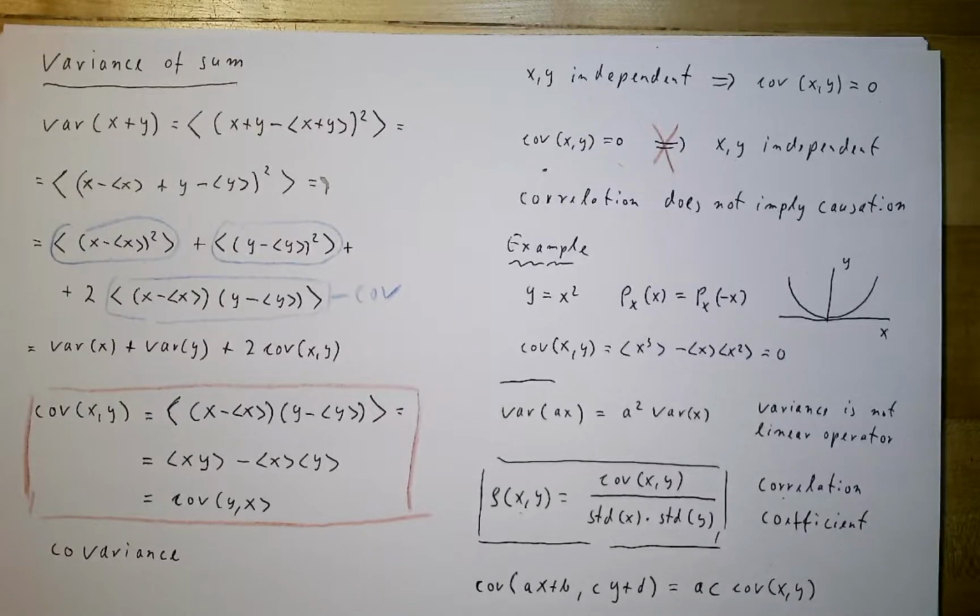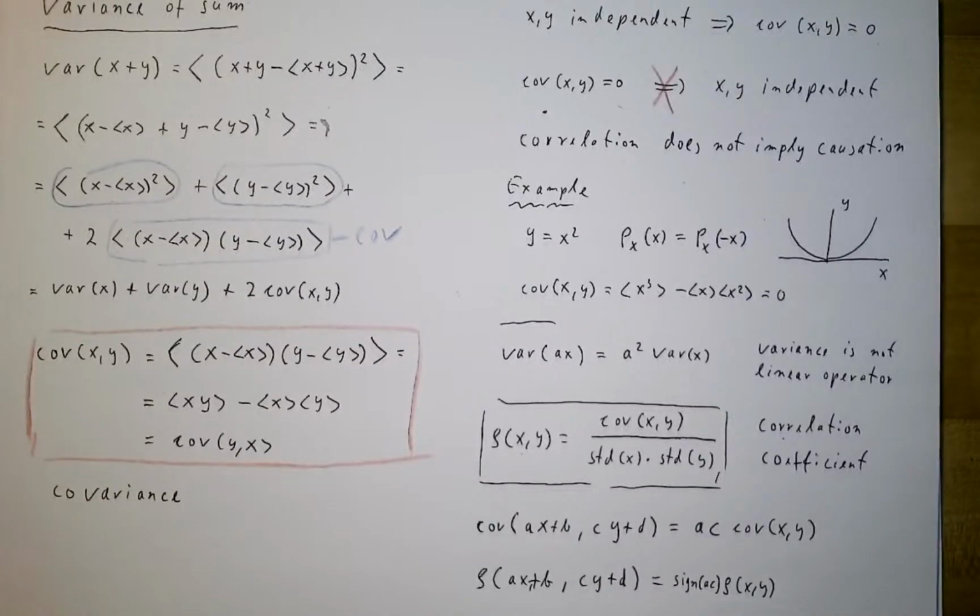That might happen, so the absolute value is the same, but maybe the sign is flipped. So this means the correlation really got out of the viewing window again. If you take the correlation of scaled variables, this is the correlation of the original variables, maybe multiplied by a minus sign. So from a data analysis perspective, we usually want to calculate the correlation coefficient, and I assume